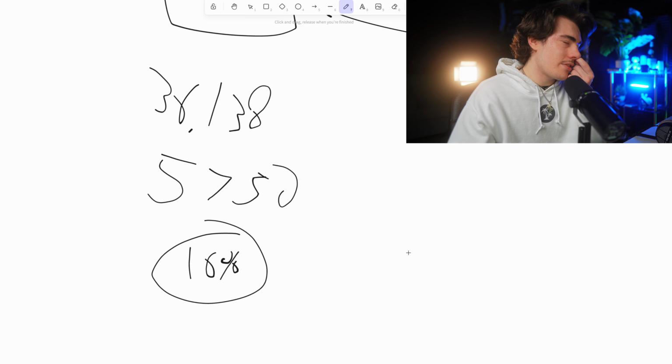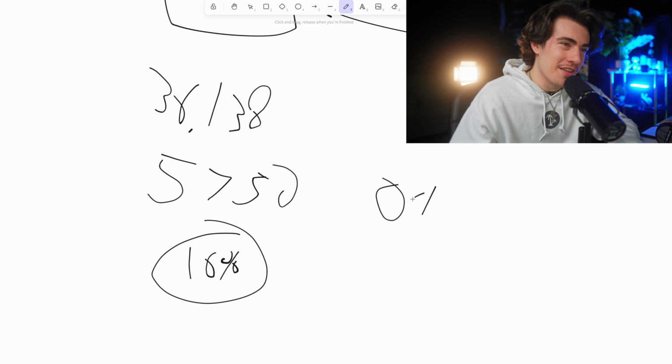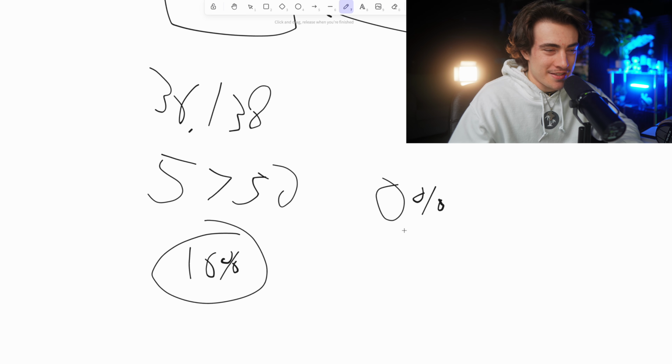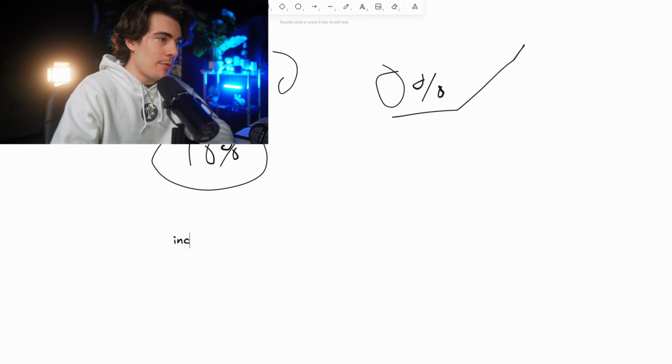This was the third month of operation for this store, and no subscription offer. It was a one-time purchase offer, and no bulk offer at all. Just literally just buy the kit, and a returning customer rate of 0%. So clearly, I'm doing something wrong on that side, and to fix that, I'm going to get into that in a minute. Actually, I'm not going to go over that just yet, because first